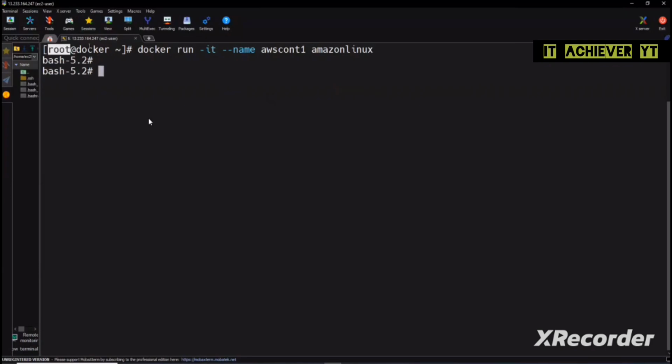You see this here? Previously I was in root at the Docker host. Now I'm inside the container. Now, see, docker run -it. If you give -it, the container will be created directly, and you will go inside the container automatically. Now, if you say, sir, I don't want to go inside automatically, I just want the container to be created, you will use -d, detach mode. Which one? -it next -d. We will create it. But here you need to understand. So we have entered directly inside the